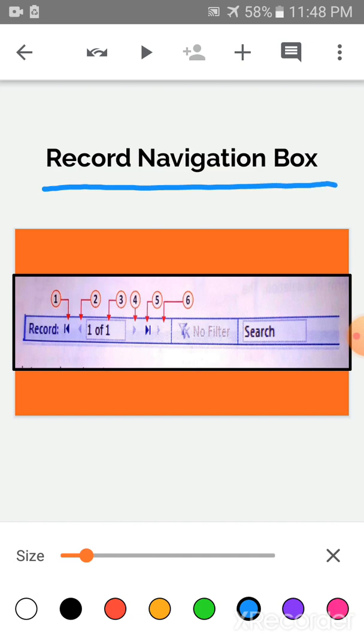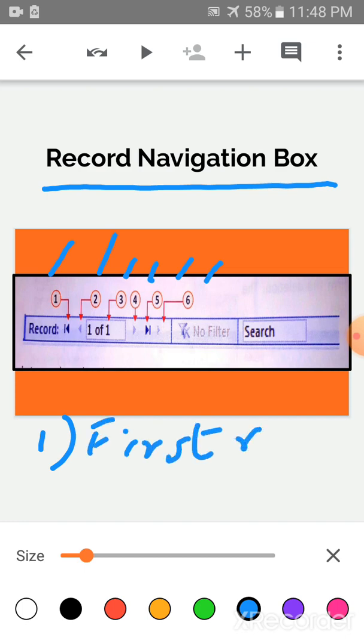Here some numbers are mentioned. Number 1 is to open the first record. Number 2 is to move to the previous record.